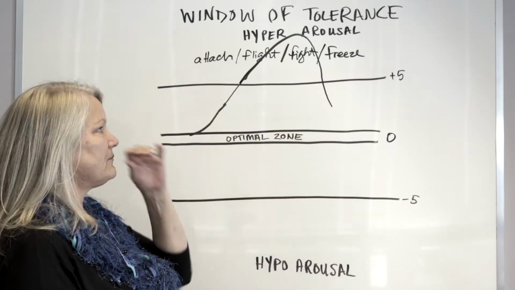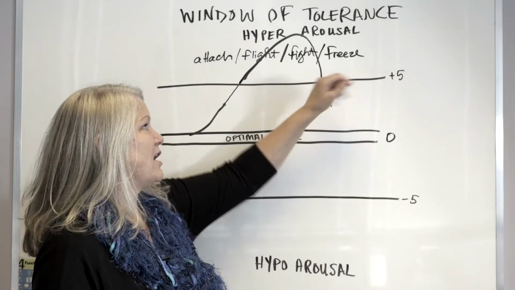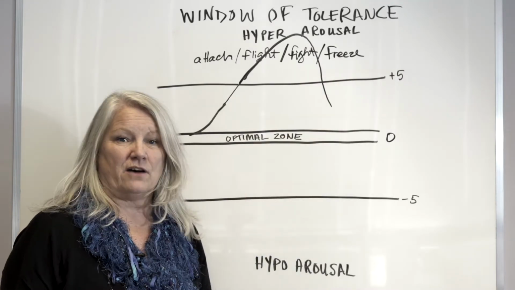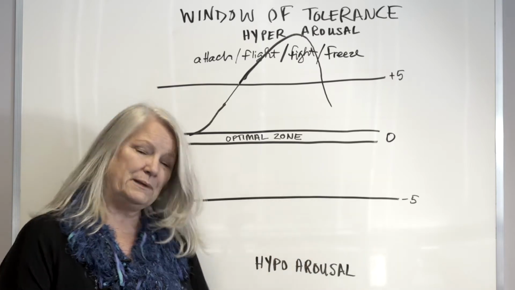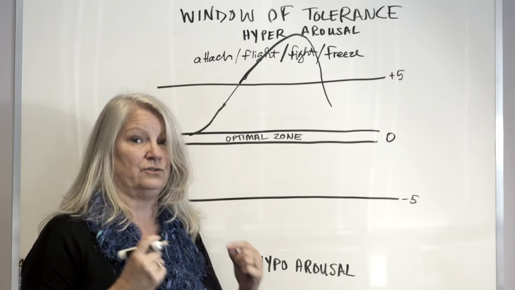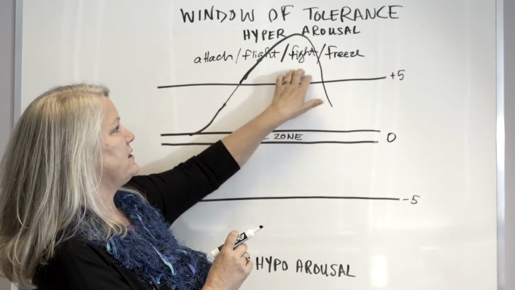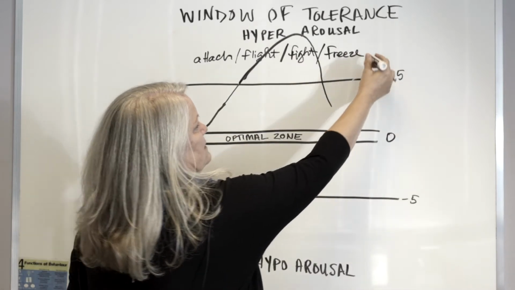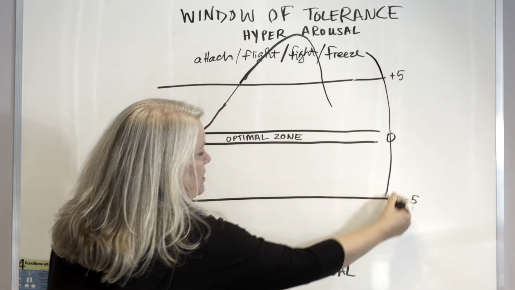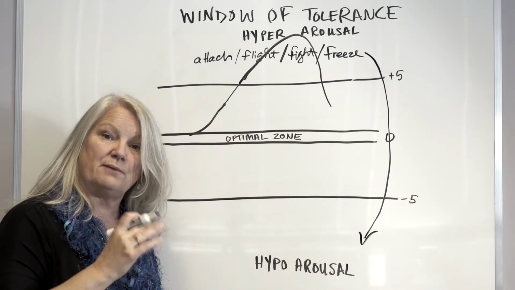Now, let's say the dog got me, right? Now he's got my leg and I can't get him off. I'm on the ground. I'm trying to wrestle this dog and now he's biting me. I'm in pain. I'm freaking out. The next thing that's going to happen, if these things within my central nervous system don't work, is my system is going to take me into what's called hypoarousal, and my system is going to shut me down.